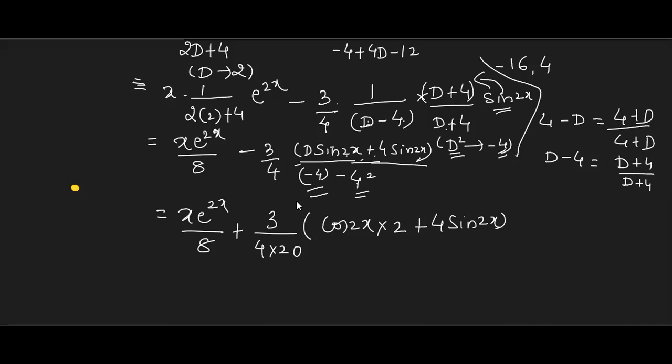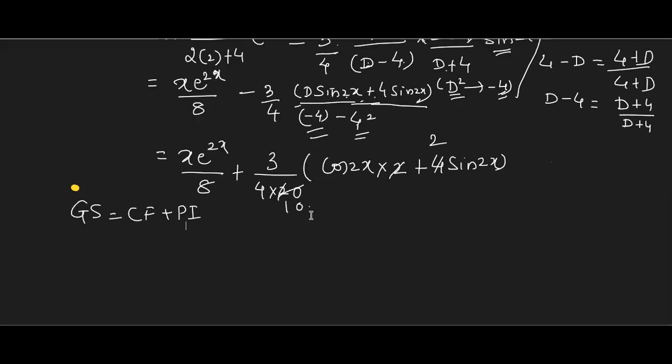Is the part clear? Now you can take 2 common and cancel, so this 2 becomes 2 and this becomes 10. You can write one simplified step, or else substitute in pi the simplified part. Hope you can complete this part. Is it clear? They may ask you separately or they may ask you the combination, but remember the procedure. Write the next.